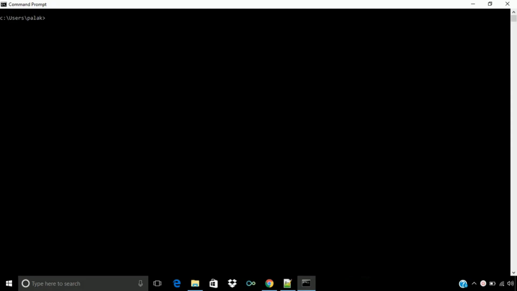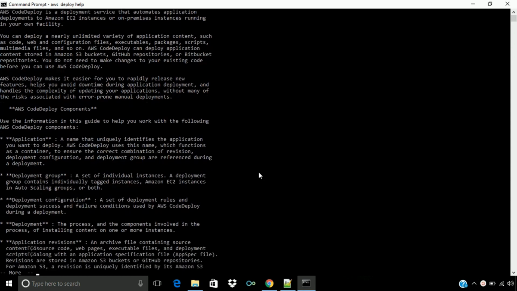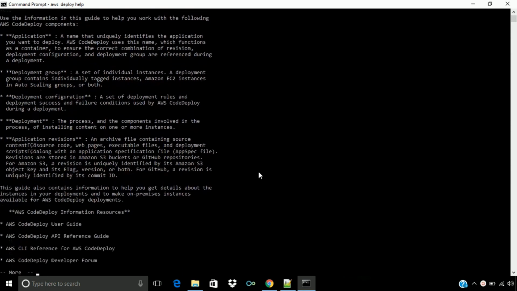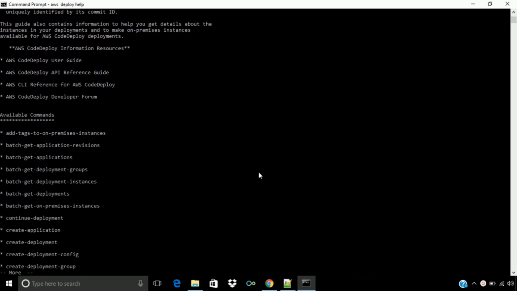Our second prerequisite was to install or upgrade AWS CLI. As we have already installed, let us see whether our AWS supports the code deploy commands or not. So to check that, let's enter the command, that is aws deploy help. If it shows all the related commands regarding AWS code deploy, then we can say that our version of AWS CLI supports code deploy. And here it is showing all the code deploy commands which is useful in our case. So we can say that our AWS supports the AWS code deploy.